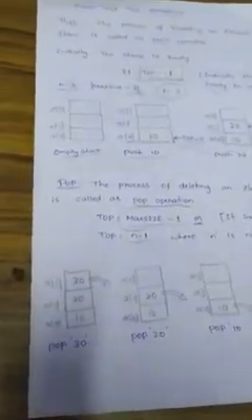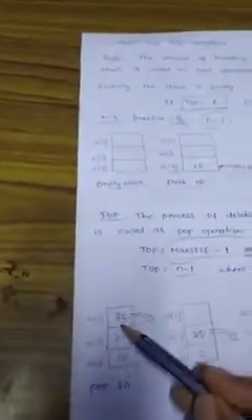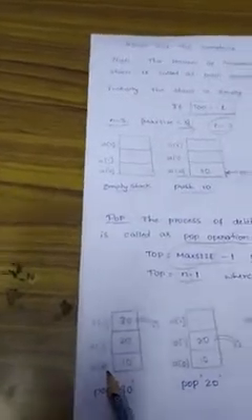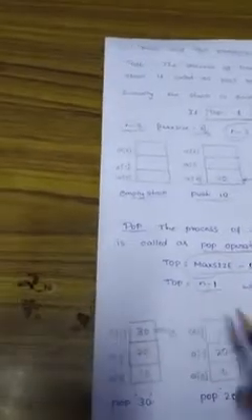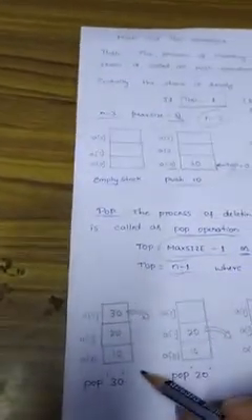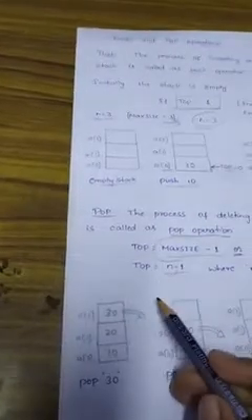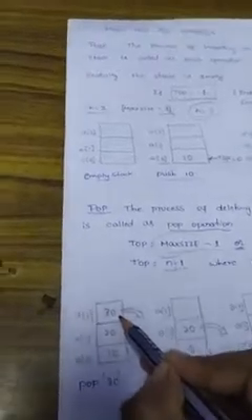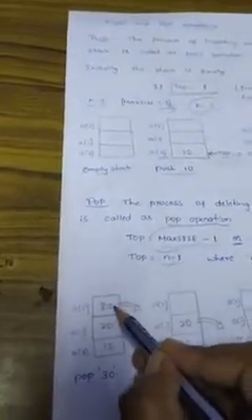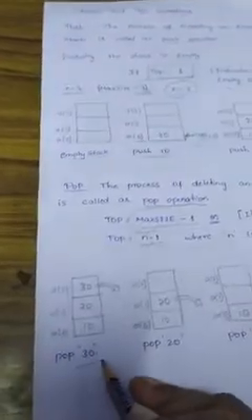Now let us see an example. We already inserted 3 elements: 10, 20, 30. 10 is stored at position 0, 20 is stored at position 1, 30 is stored at position 2. So by using the principle of stack, that is last in first out, we have to remove the elements. It means we have to remove the top element first, that is 30. We have to pop out the element 30.